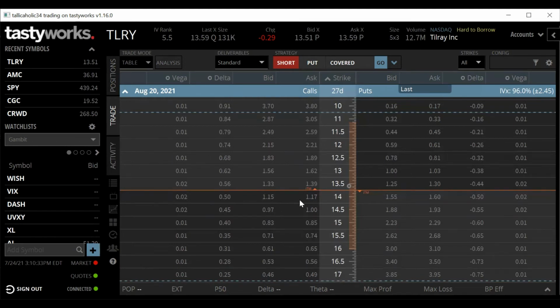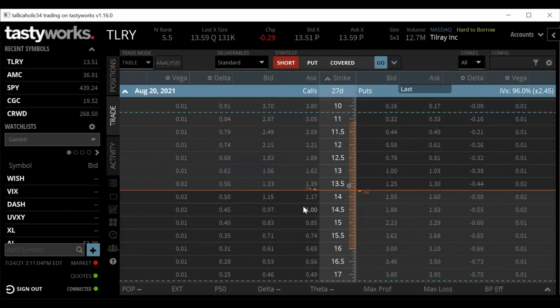So we have the IV that's always going to be contracting and expanding. We have Vega that's always going to be changing with the IV. We have our Gamma, which is the rate of change of our deltas. We have the delta changing with the stock price. Oh, we have theta as well. As far as time, we have our expiration date right here, August 20th. So theta is always going to be playing either for us or against us. So it's a bunch of outside factors.